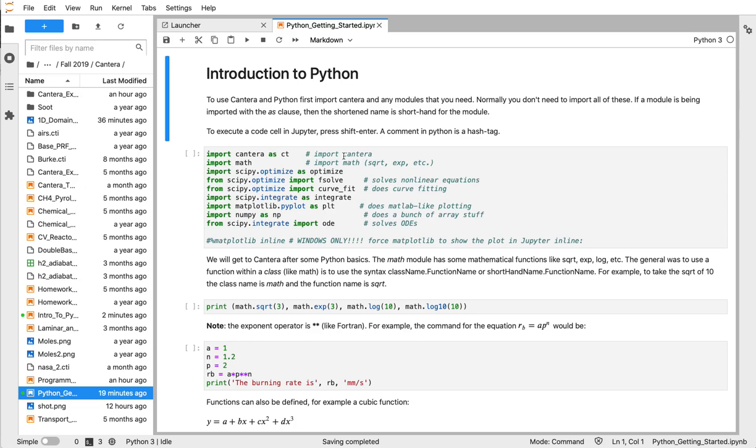I'm going to start showing you how to use Python and Cantera in preparation for homework 3 and for your computer projects. You've followed the instructions and have installed Python with Cantera, and you fired up Jupyter Lab, but you can also fire up Jupyter Notebook, and these are explained very well in the Cantera website. So, introduction to Python is that to use Python, you first need to import a bunch of